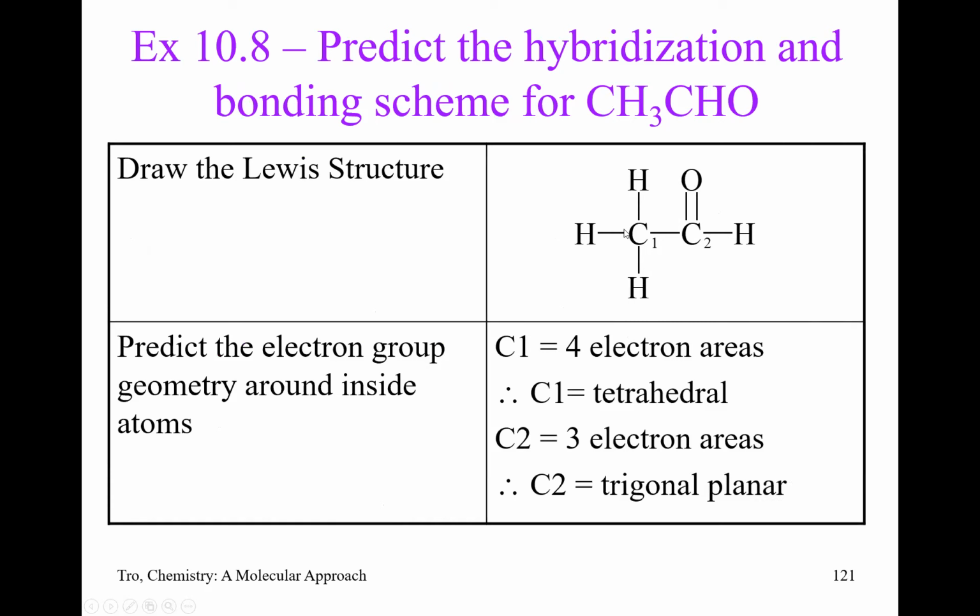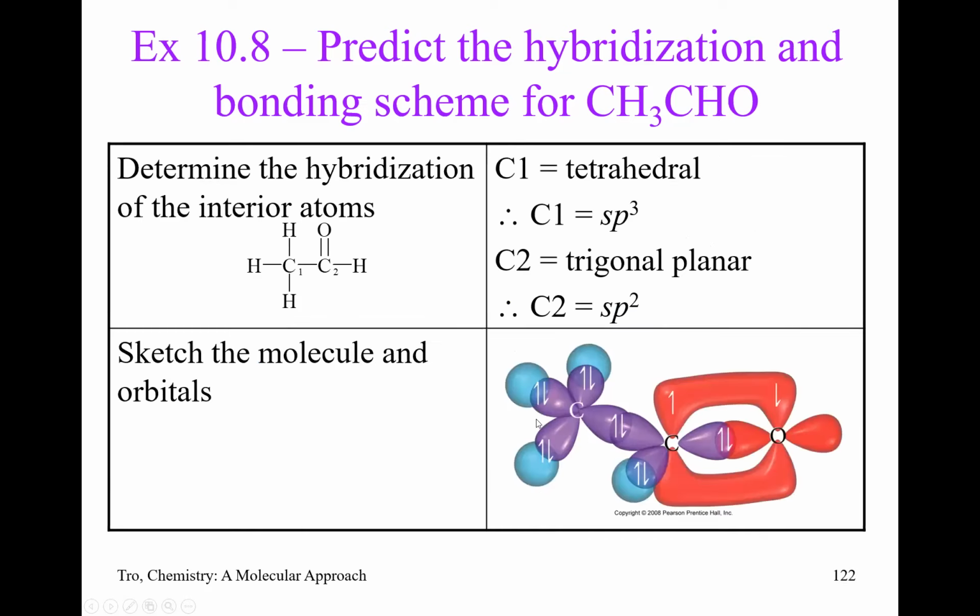Our carbon 1 has 4 single or sigma bonds, so it must be tetrahedral. It's got 4 equal groups around it. Our carbon 2 has a double bond, so we've got to leave 1 p orbital out. It's got 3 bonds or 3 electron groups. It's trigonal planar, and that means that carbon 1 is sp3, carbon 2 is sp2, and then it didn't include